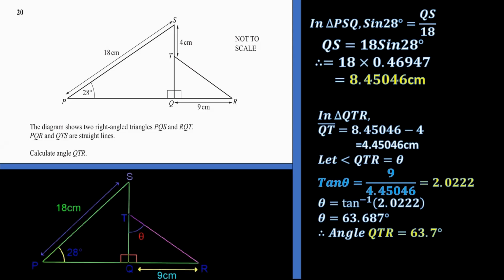be theta. And so, since we know the adjacent of that smaller right angle triangle, the adjacent is QR, and it measures 9 centimeters. And now we know the opposite, which is QT. We've calculated it to be 4.45046 centimeters. Then we can get that angle T, all right, or angle QTR, by